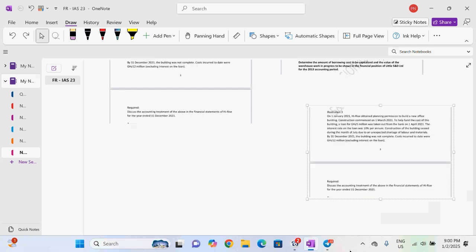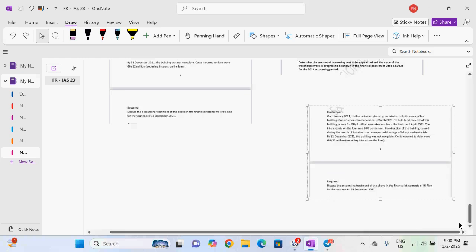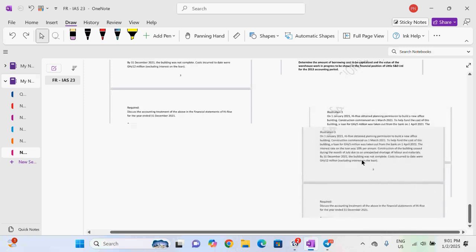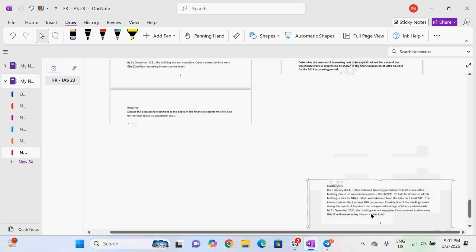No, the borrowing cost of 10,000 is for 5 years. You took the loan for 5 years. The period for the loan